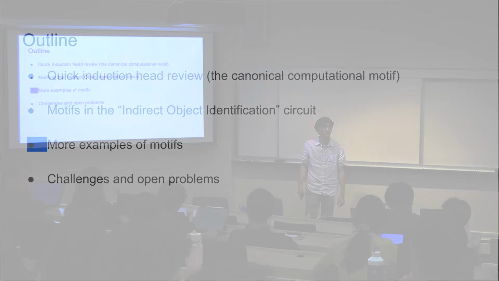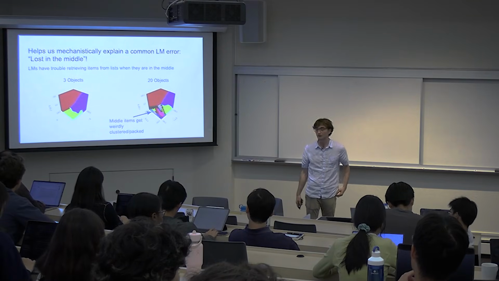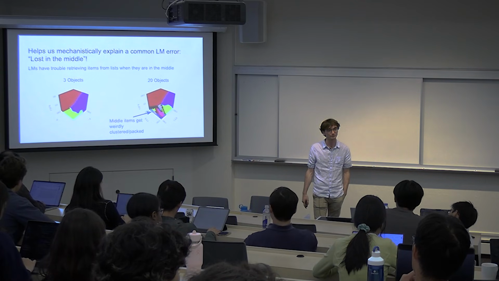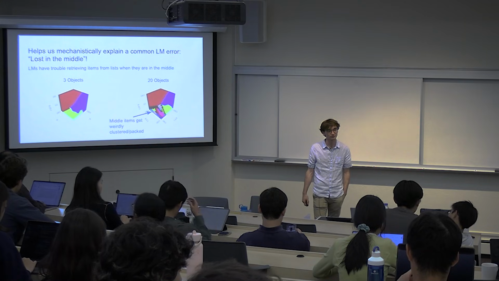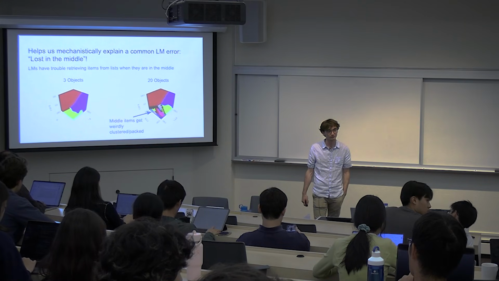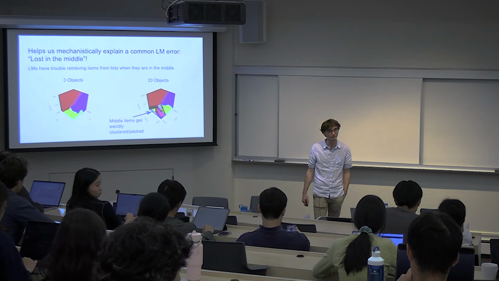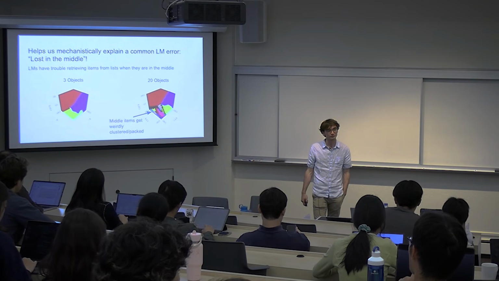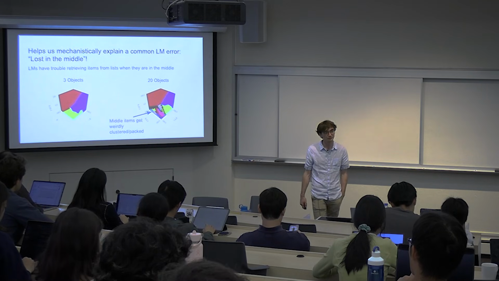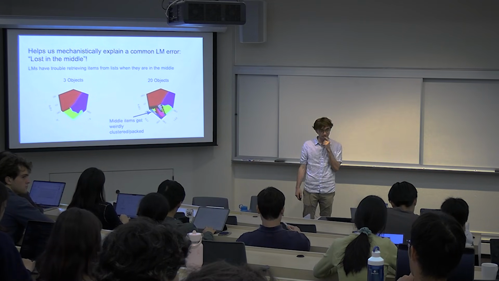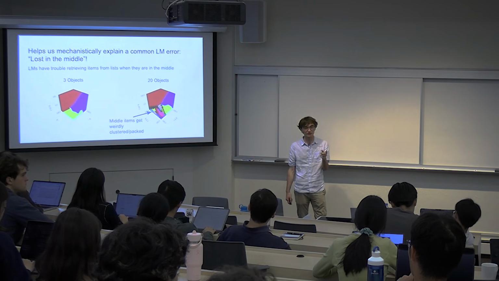Yeah. Can you go back one slide? Can you maybe comment on what exactly you gained from this? On the one hand you say, okay, this is a mechanistically explained error: why do they have trouble retrieving items from the list? You could have also just asked, well, why do they get really clustered or packed? Right, so it's a question of inferring model performance. Yep, I think that's a great question.